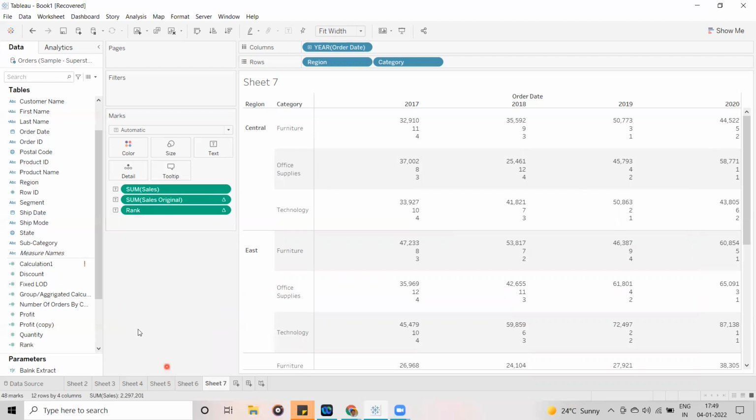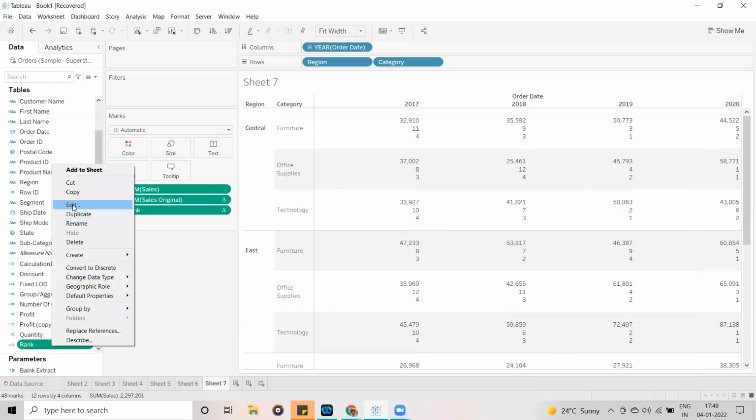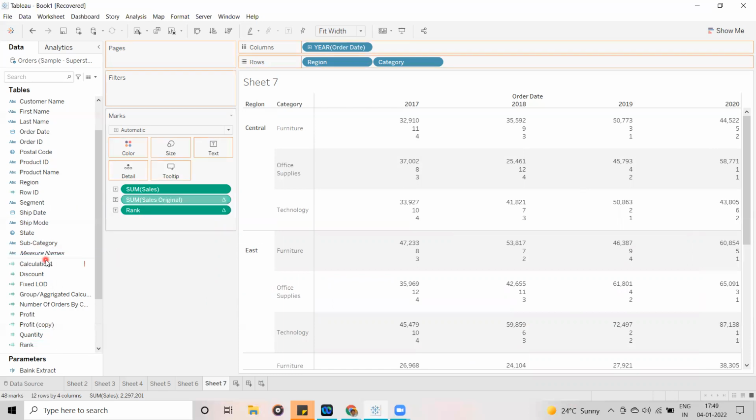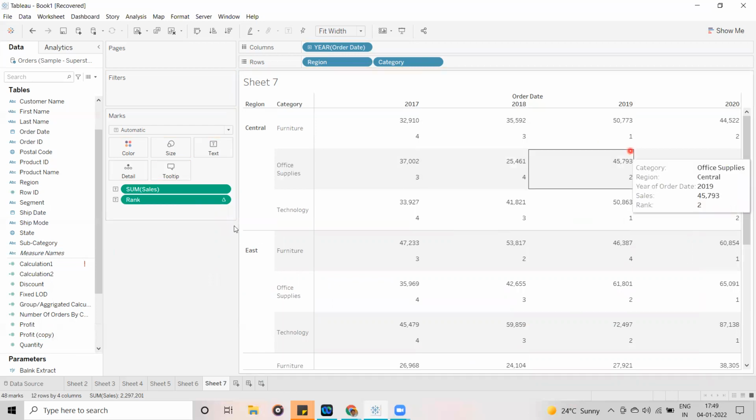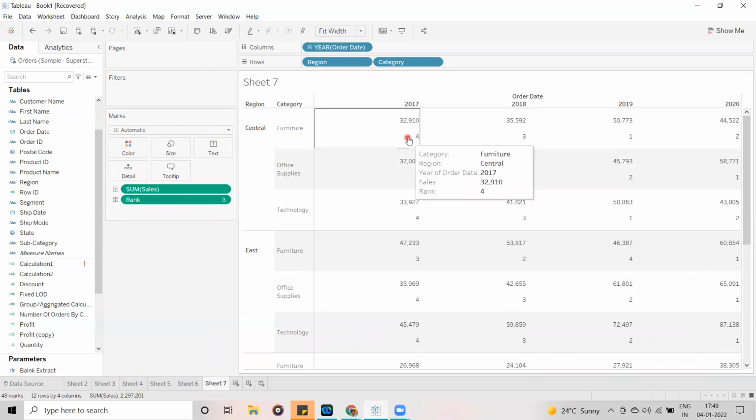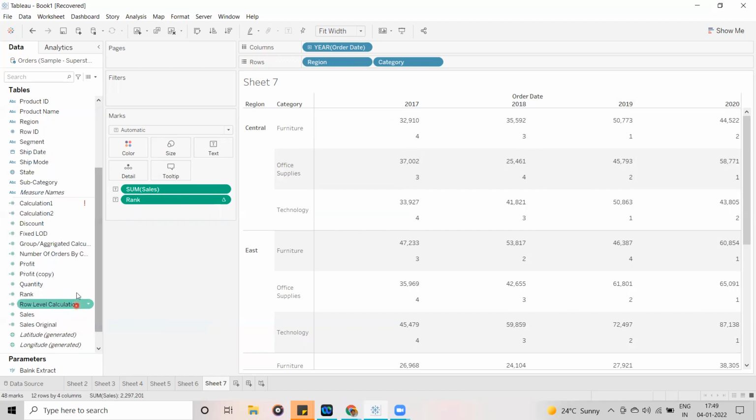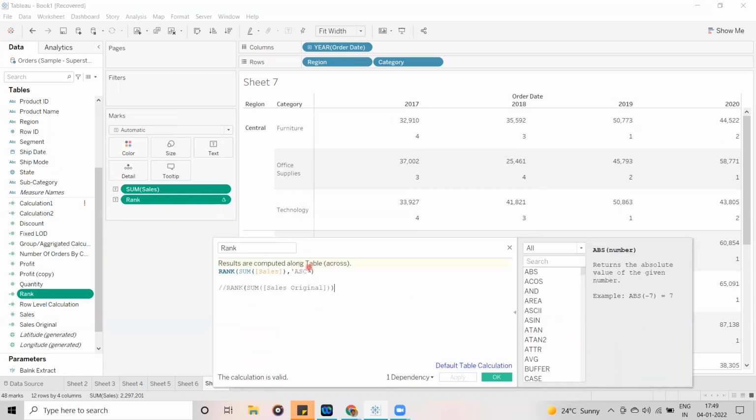Now this is fine, so why is it not changing? Let me edit this, guys. Let me remove this field so you don't get confused. I am going to keep only this one. Now I want to give the ranks based on ascending order, meaning for the lowest value I need to assign rank 1 and for the maximum value rank 4. Now again edit this rank calculation. So here ascending, ASC, right? Let me give small case, guys. I think asc. Okay, so apply.